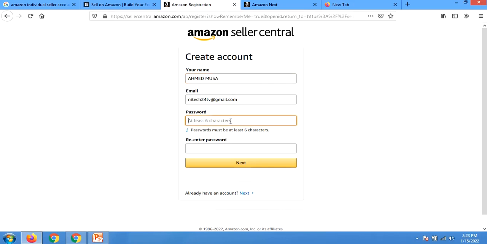Then you put your password. You have to put a strong password so that nobody can predict your password. When you put a strong password, then you put it again here, and click next.